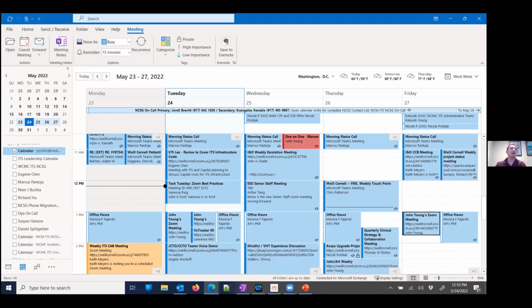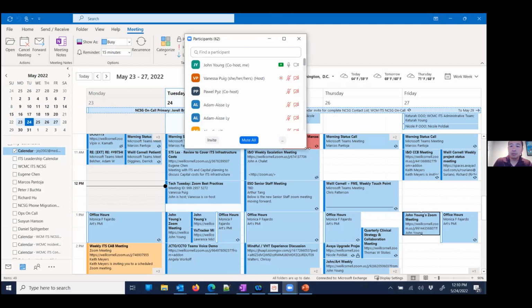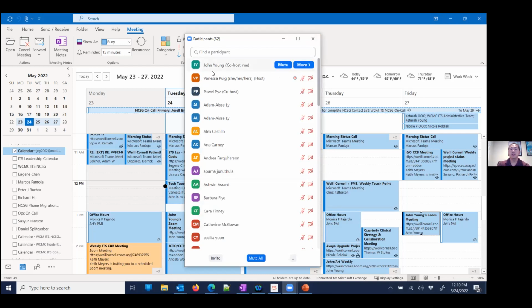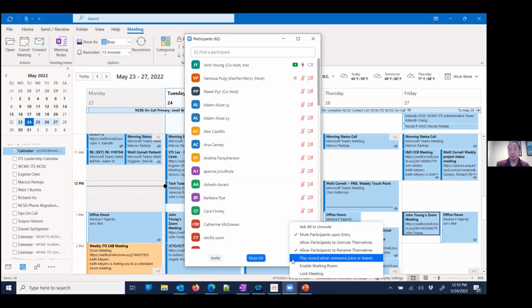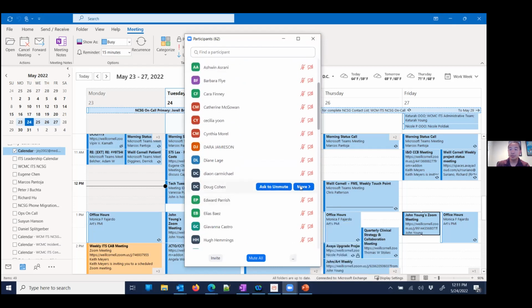All right, so now once you set the meetings, let's talk about what your options are once you're in a meeting as a host. So I'm going to bring up the participants. Right, so in a Zoom meeting, if you have the participants list open, you have some controls such as muting all the users, allow them to mute themselves or not allow them to mute, not allow them to unmute themselves. You can make hosts and co-hosts by doing this. If you go to one of the users, find somebody who should be a co-host, and